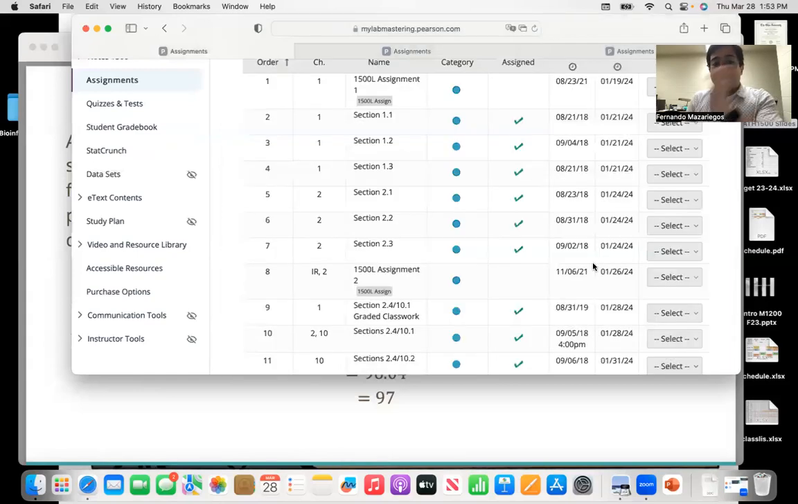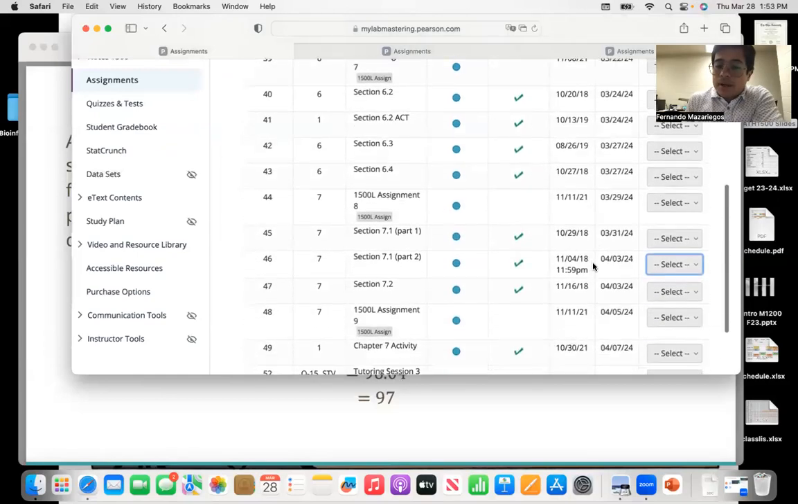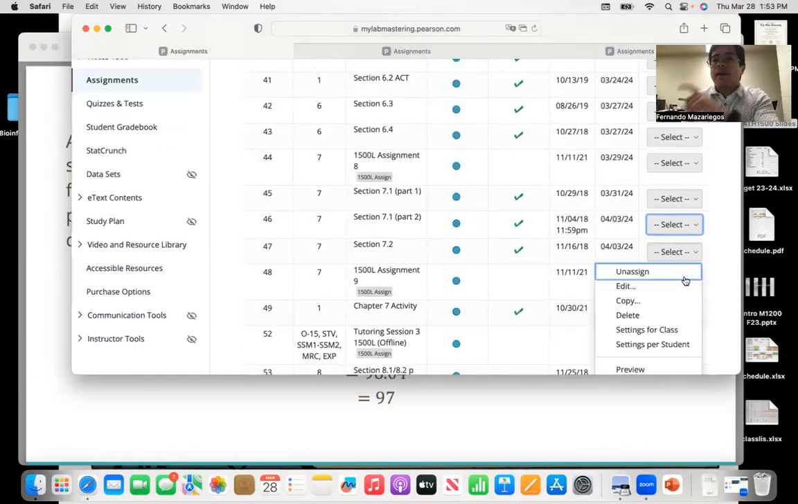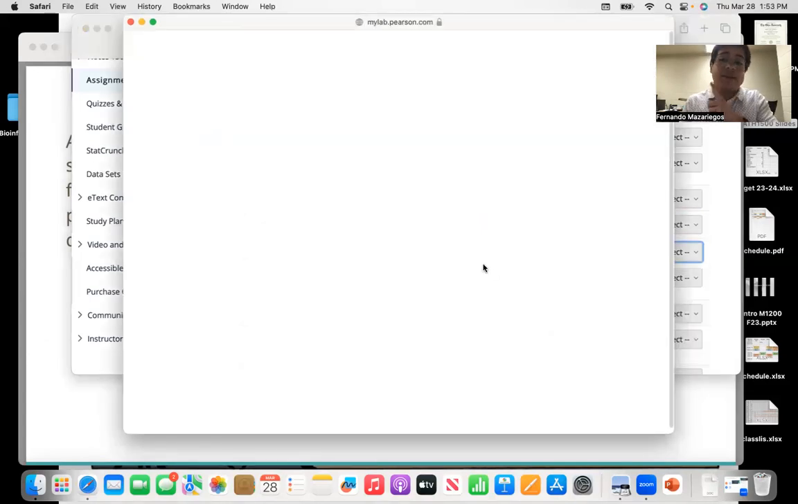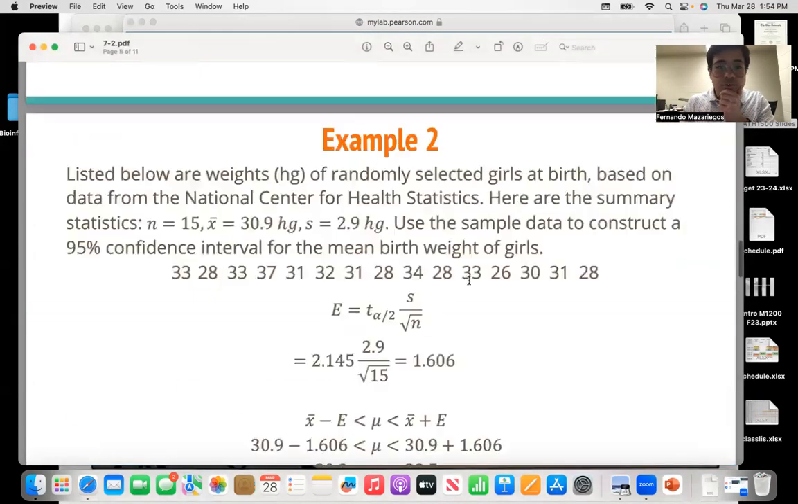And I also want to show you 7.2, which is the same idea. But now instead of doing a confidence interval for a proportion, we're doing a confidence interval for the mean of a population. And there is one thing that changes. Whenever we're working with a mean, we are not going to use the normal distribution table. We're going to use the t-student distribution table. So that is a different distribution,